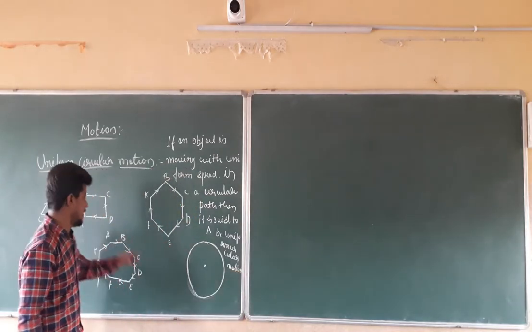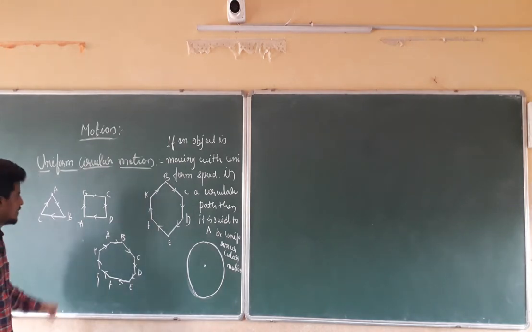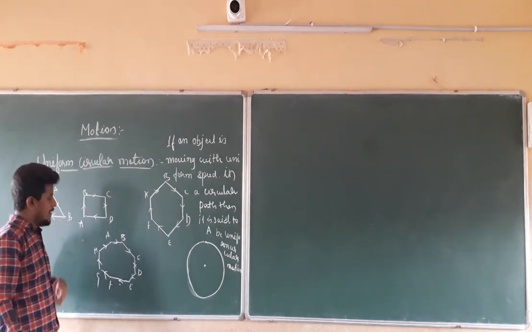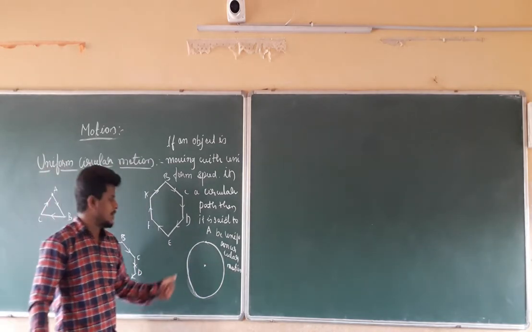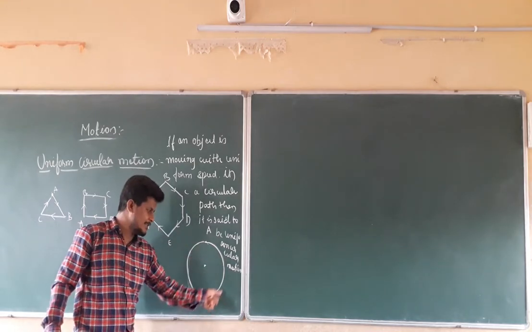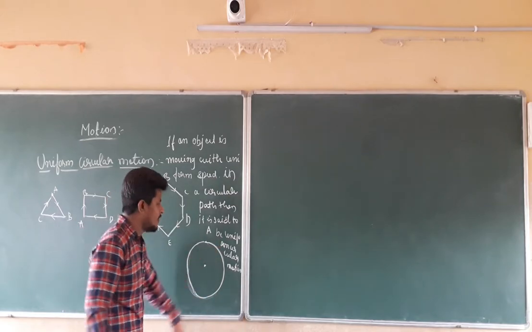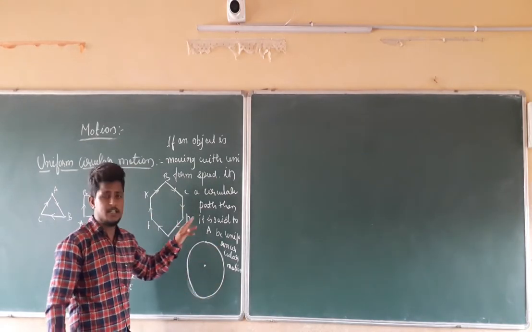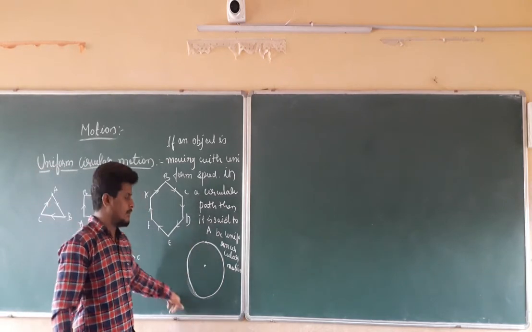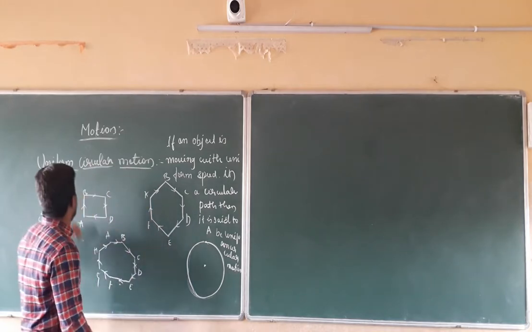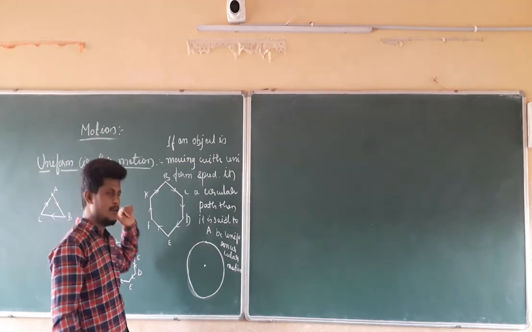If we take the example of this, here you have changed the direction 3 times, so each time he is going to change his speed. Here 4 times, again you have to change the speed. If you increase the number of sides indefinitely, it will become a circle. In this circle, at each and every point the speed will be uniform. If the speed is uniform, then this motion is known as uniform circular motion. So we can say that uniform speed moving along a circular path is always a uniform circular motion.